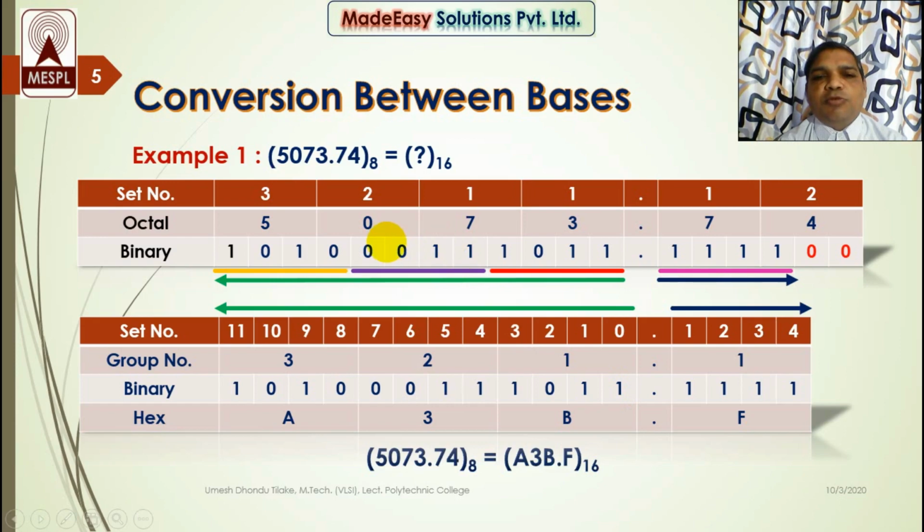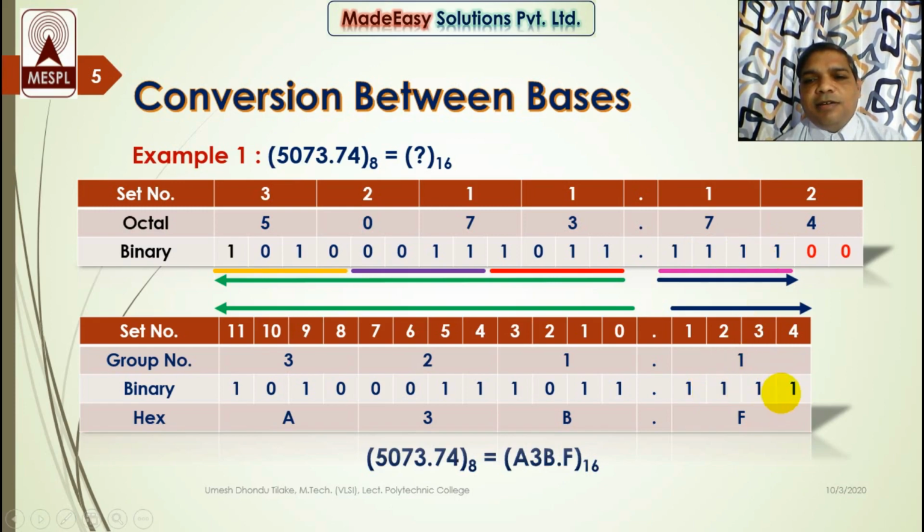Then come to the next group, that is 0011. I have placed it in group 2, 0011. This is group 2, shown by the violet color line. And this is the third group, 1010, shown by the yellow color line. So I have placed these 4 digits in group 3, that is 1010. Now come to the fractional part. The pink color line shows you the first group in the fractional part, from MSD to LSD. So 1111 is the first group, and I have placed it in the first group of the fractional part.